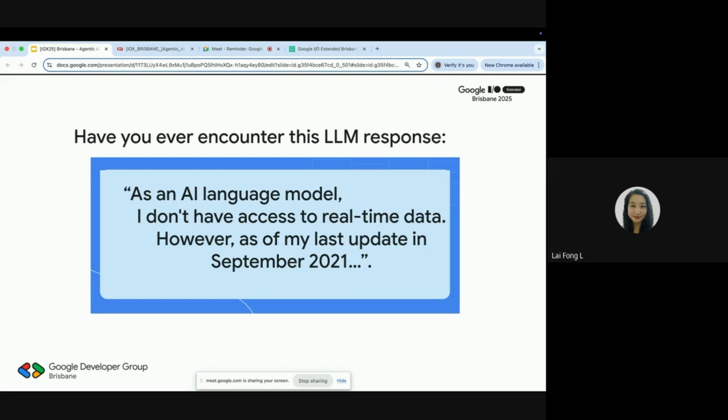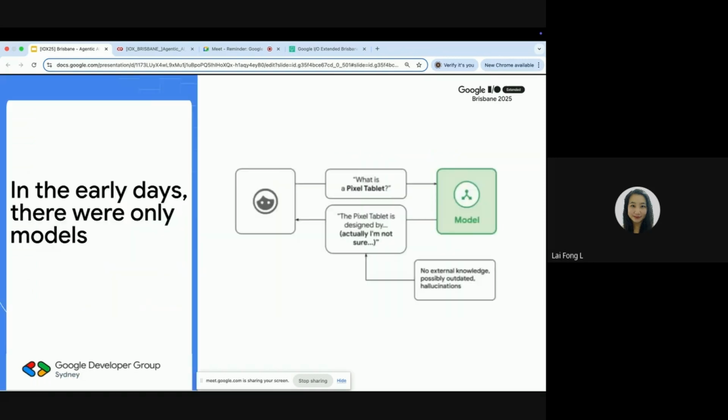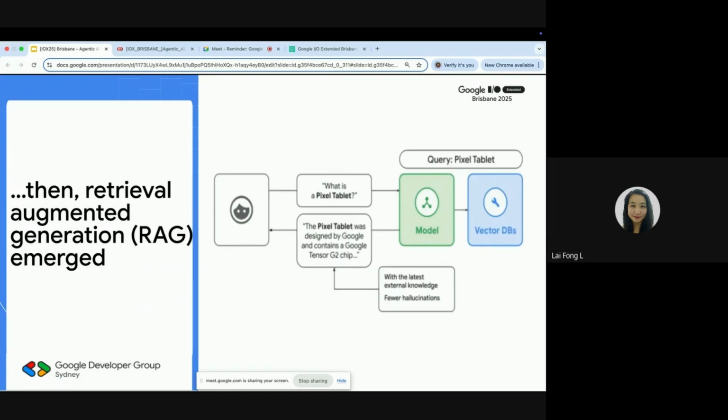So if you ask any question about 2025, for example, "What is Trump with?", you will not be able to get an answer, or the model will just hallucinate. So this is the limitation of the model, and it is the limitation of the generative AI system. It doesn't work, so somehow we need to improve the system so that we